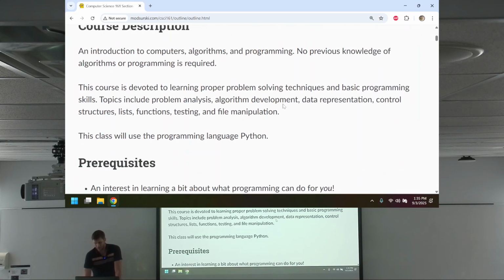Course description. So again, we assume you know nothing. Okay? We are going to start with nothing. We assume you've got some amount of computer literacy in the sense that you can navigate your computer, but you don't need to know anything about programming or anything. The less you know, the better, I always say. And the reason I say that is people with experience